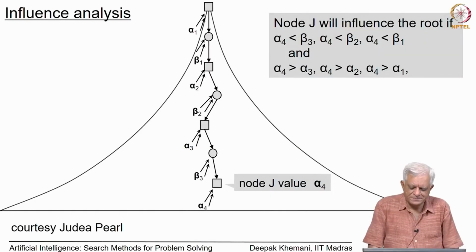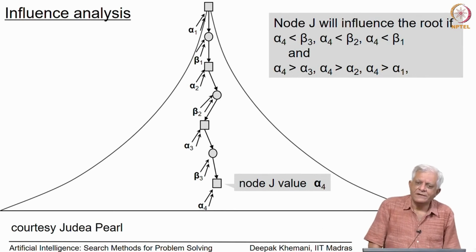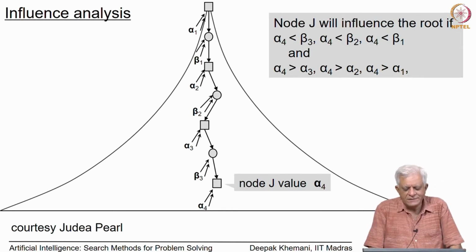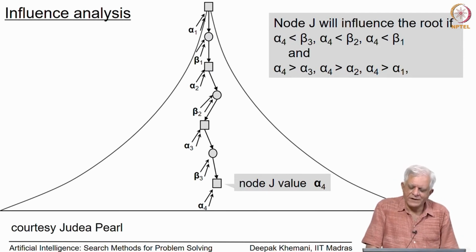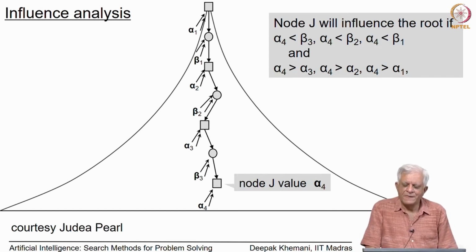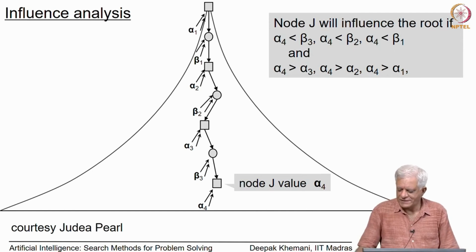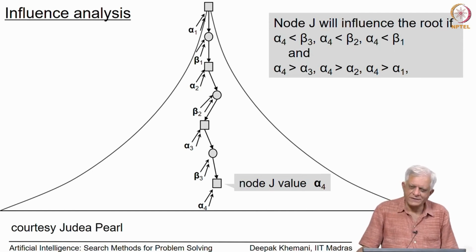So, welcome back. The last time we were looking at this algorithm called alpha beta pruning for game playing. It is one of the most popular algorithms which is used for many board game applications. Let us do a little bit of a recap of that and also study some of the properties of that